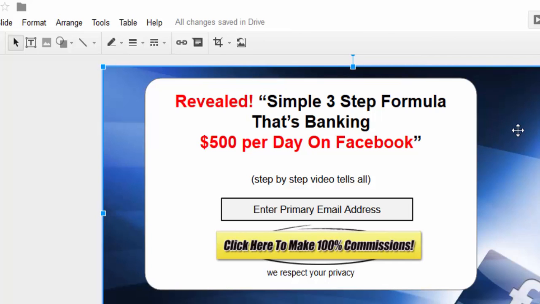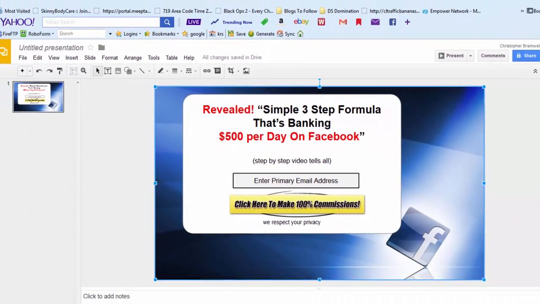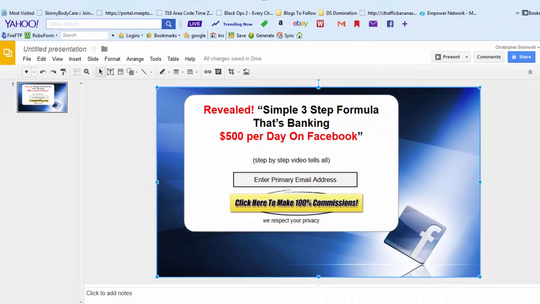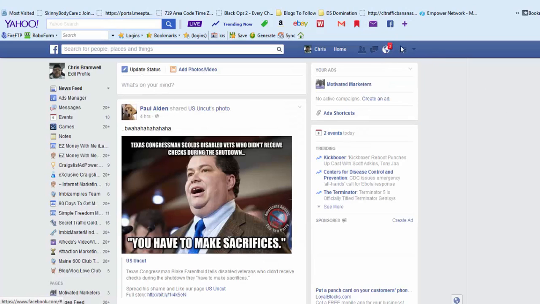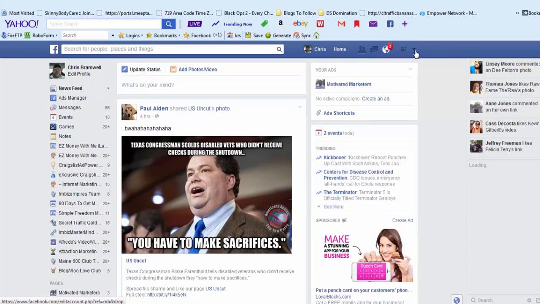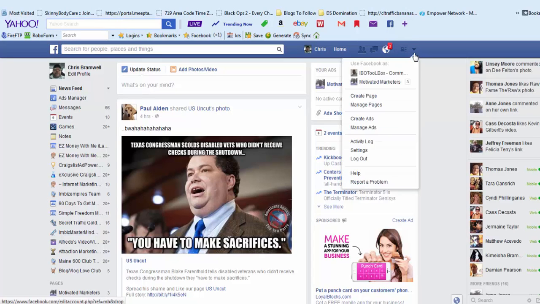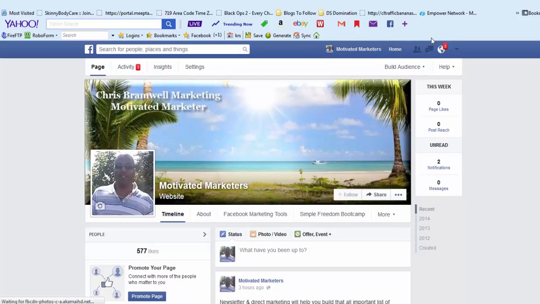And there we go. And guess what, folks? We have our squeeze page. Now, there's one more thing that we have to do. Well, two more things. And that would be if you wanted to put this on Facebook, the way we can do that and make sure we actually got a valid email address from Facebook. I'm going to go over here to my other fan page,